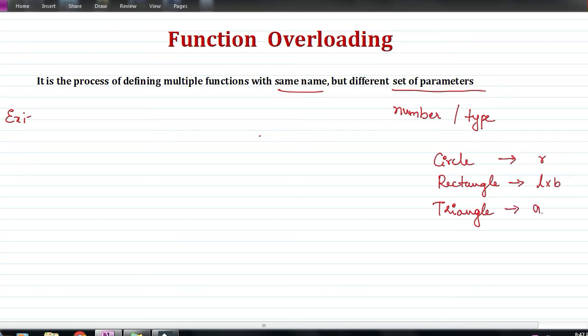To find the area of a triangle, let me assume I need three sides A, B and C. And here since A and B are there, let me take something else here. I'll take P and Q. So P and Q are the length and breadth of a rectangle, triangle ABC, and circle is R. So basically I need to find the area of these three geometrical shapes. And here I don't want to define three different functions called area1, area2, area3, or area of circle, area of rectangle. Like that I don't want to define multiple functions,